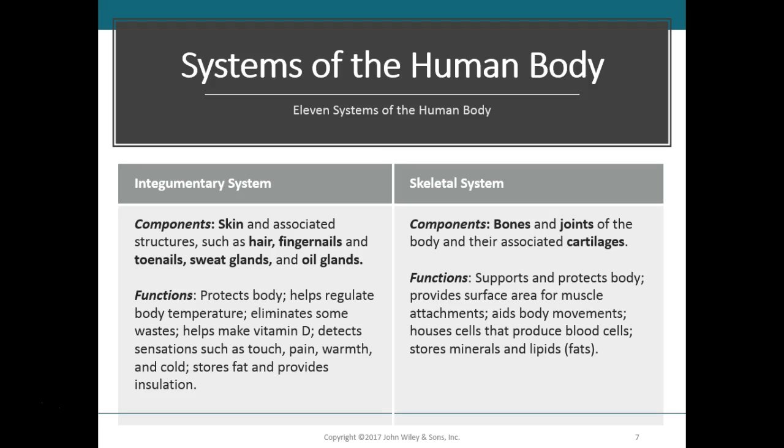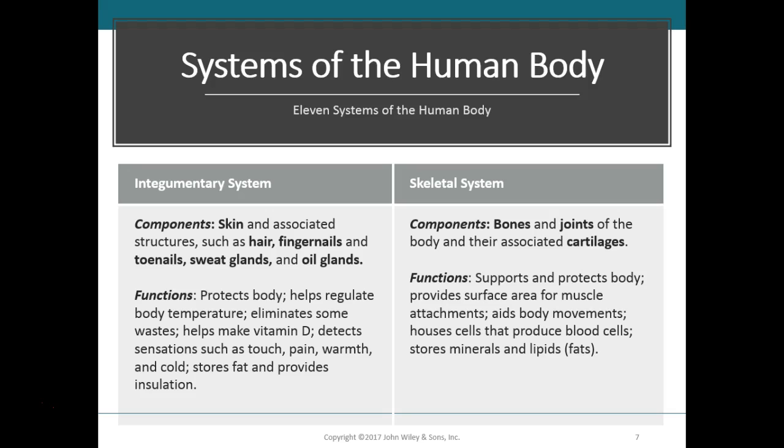Remember, I just mentioned we have these organ systems that all work together to make sure that we carry out all the functions of life. So we're going to look at 11 different systems. And for these systems, I want you to know their basic function and some of the main organs found within each of these systems. The integumentary system is what we commonly call the skin,